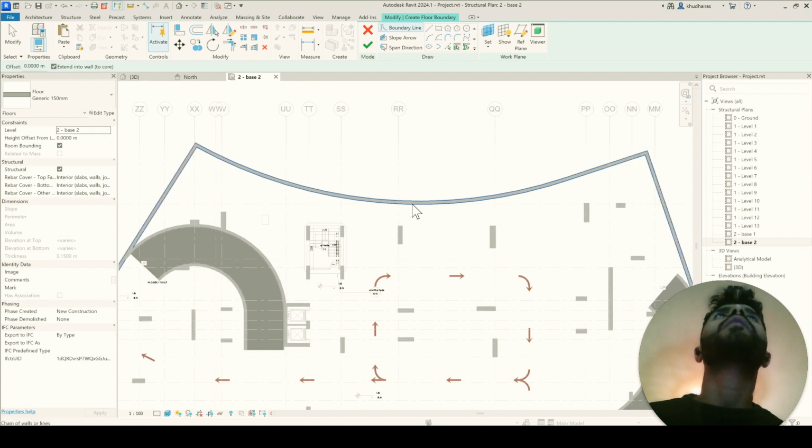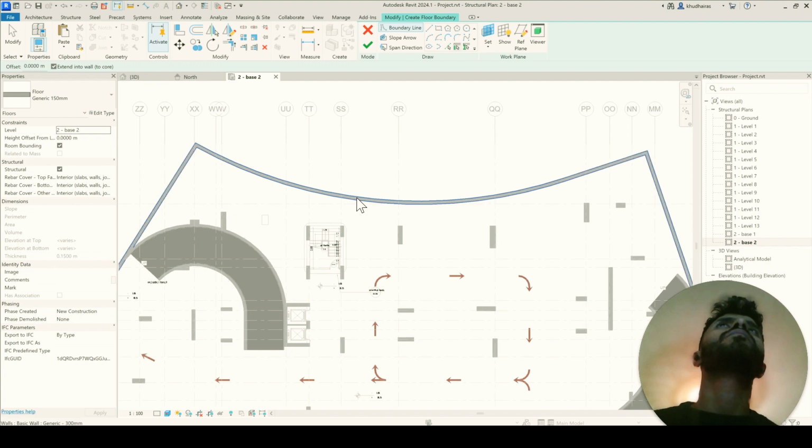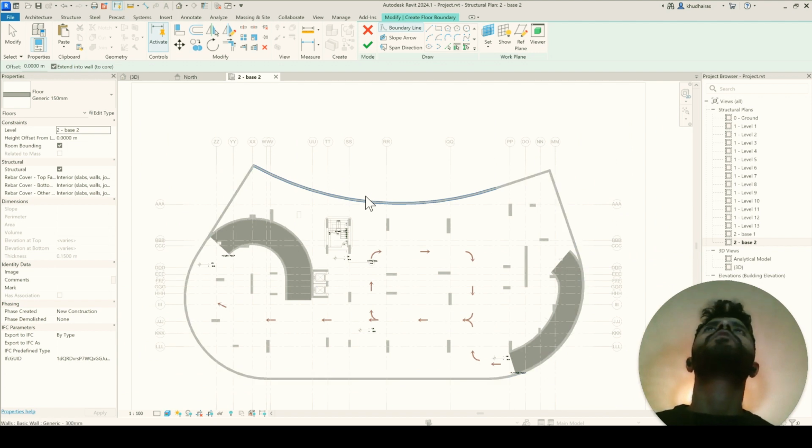It's not picking that external boundary. It's not picking. So what's the other option?